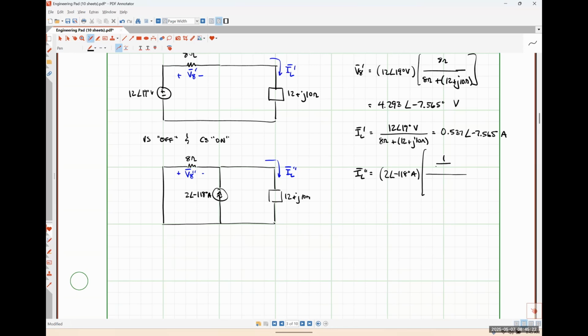So I'm going to do 1 over 12 plus J10 ohms. And now in my denominator, I'm just going to have the sum of the reciprocals of all of the parallel paths. So in this case, I only have 2 parallel paths. I have the 8 ohm path, so I'll have 1 over 8 ohms. And then I have the 12 plus J10 ohm path. So when I put this into my calculator,